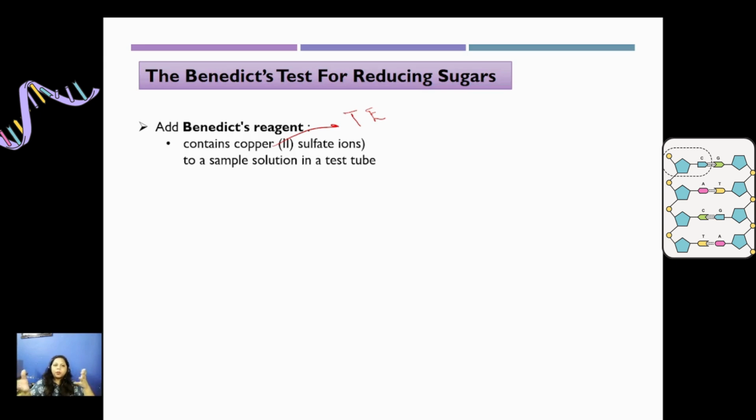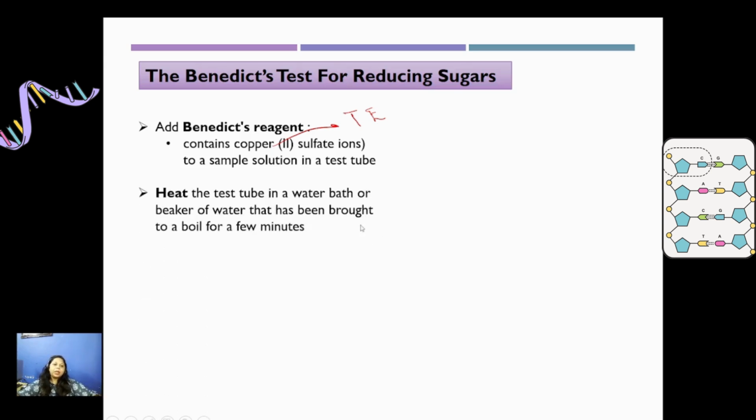You must have seen copper sulfate, and you must have done the practical of making crystals of copper sulfate, which is blue in color. We all know this. So when a reaction happens, there would be a change in color. Let's dive into what color would be formed. When we put the Benedict reagent into our sample solution, we don't take a large quantity. We take a little of the sample, whether it's a reducing sugar or something else, and then we heat it.